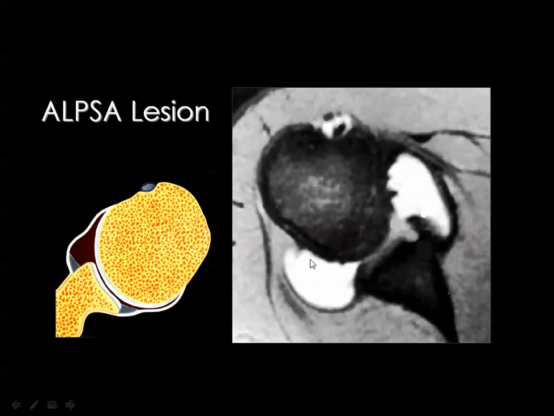Also, if you see this appearance, you consider ALPSA as well. If the labrum is torn and is displaced medially, and whenever it is still in contact with the scapula, you assume that the periosteum is still intact. Then there are the three essentials for diagnosis of ALPSA, which are torn anterior labrum, medial displacement of the labrum, intact periosteum connecting the labrum